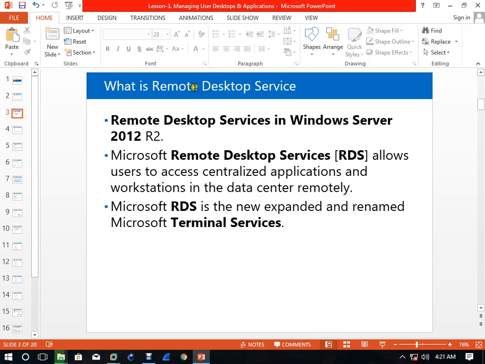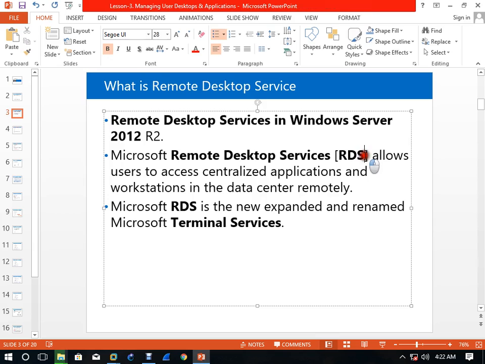Now what is remote desktop service? Remote desktop service is known as RDS. It allows users to access centralized applications and workstations in the data center remotely.